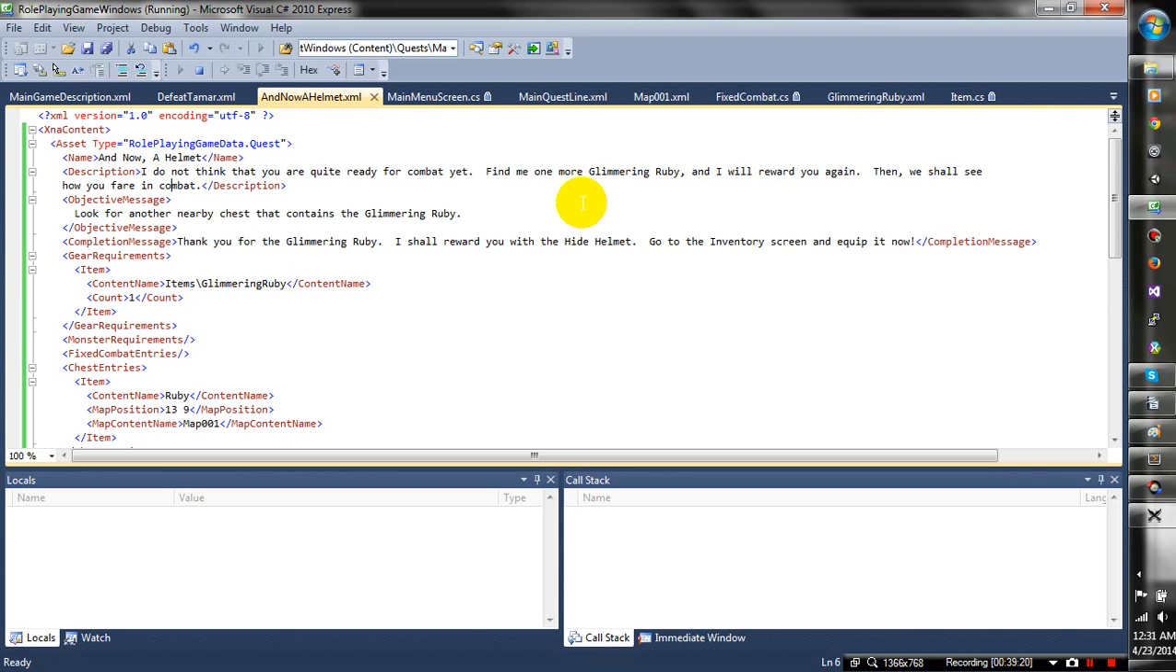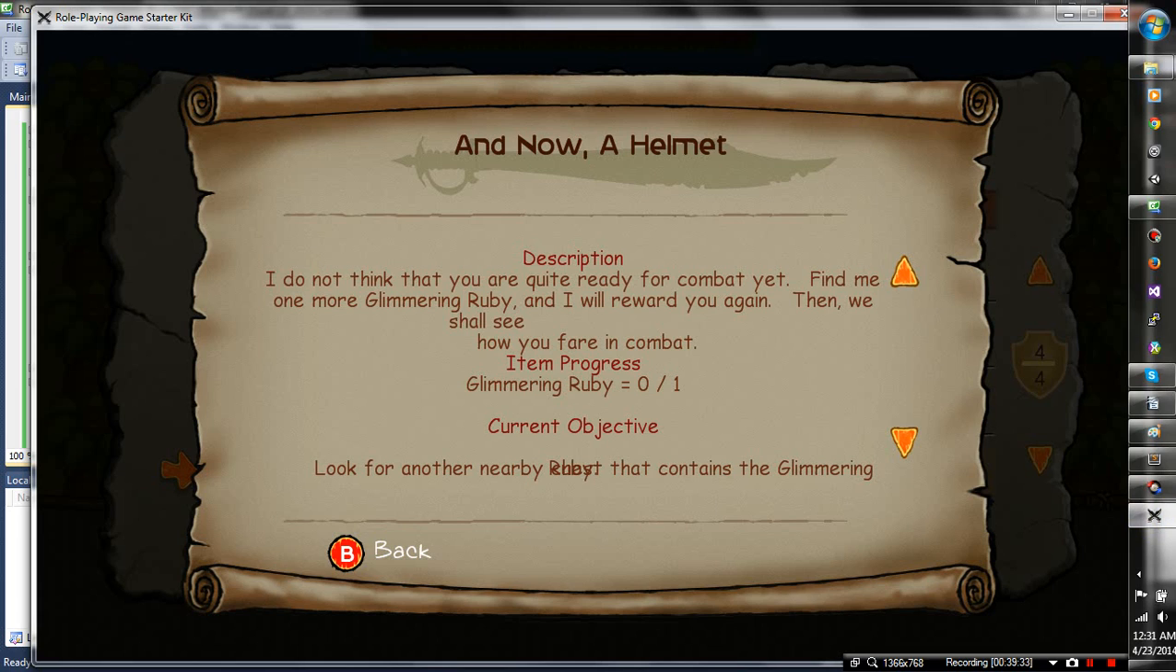Then we shall see how you fare in combat. This probably needs some reworking to make sure it can all fit in one. And look, there's some white space here. You can kind of tell that when you're playing the game. Yeah, there's some white space right before the words how you fare in combat,